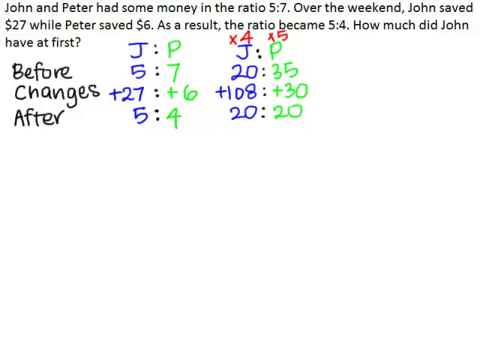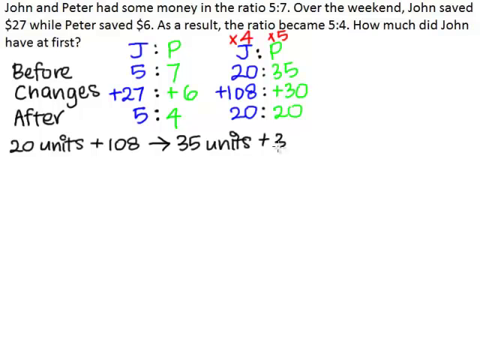And now we have an equal number of units for the after ratio. And since the after ratio is 20 to 20, we see that we have 20 units for John plus 108, and this will be the same number as these 35 units for Peter plus 30. And so now working, we write that 20 units plus 108 is the same as 35 units